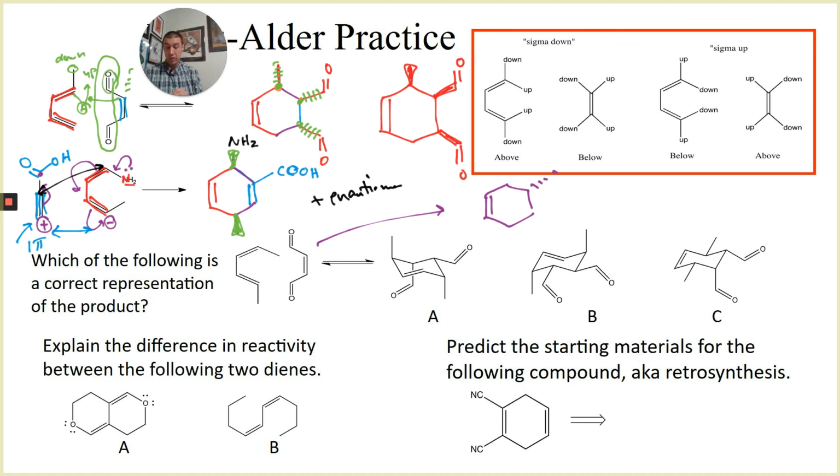Okay. My COs are going to be on the same side. Again, I prefer that down angle for my sigma bond. This CH3 is going to be up, this CH3 is going to be down, and so that's what I would be looking at. If I went through to try and see, I'm going to pick the easiest ones, down, down, down, down, down, down. That's where I can be like, that didn't help,